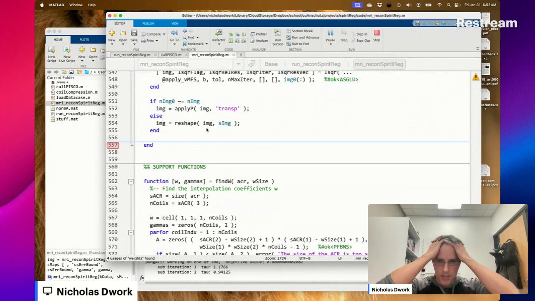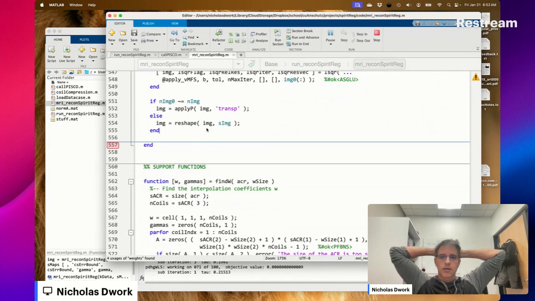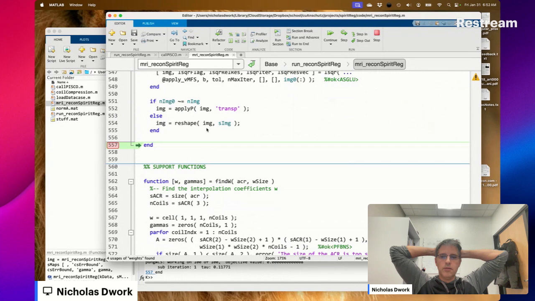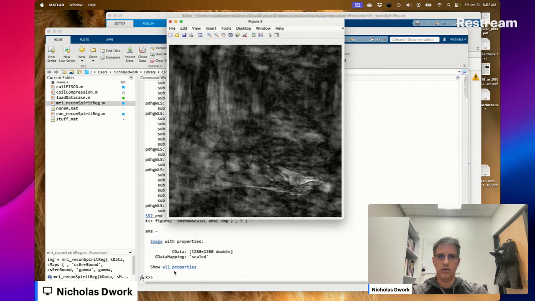And the question is, does it not work because the threshold's bad, or does it not work because there's a bug in the code? Okay, so it didn't work.